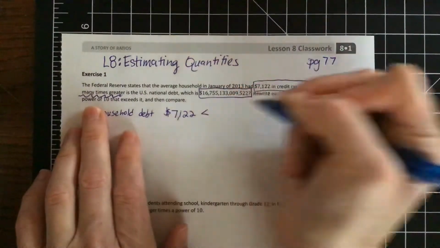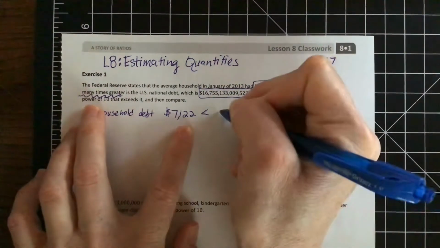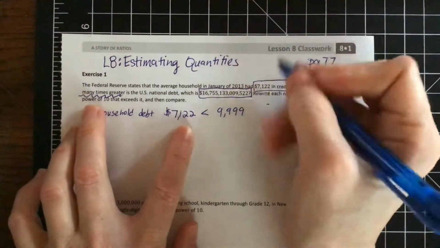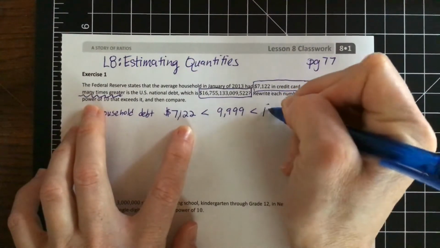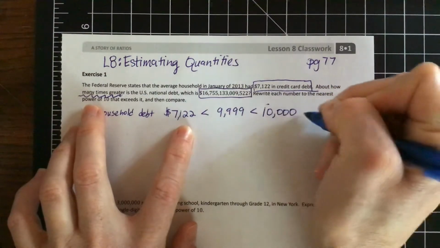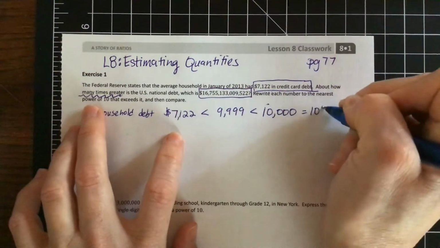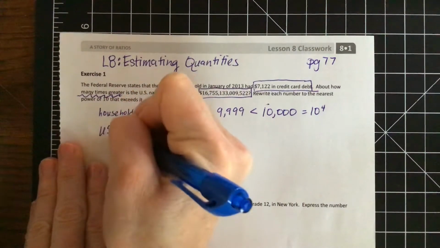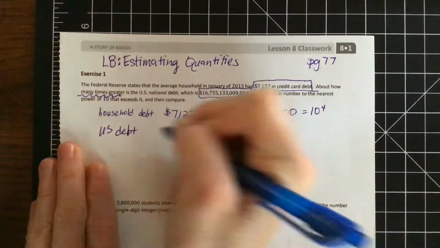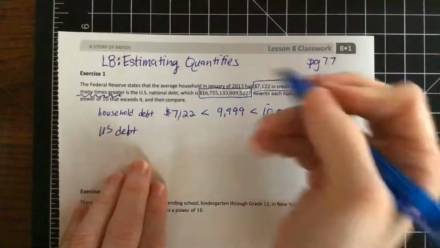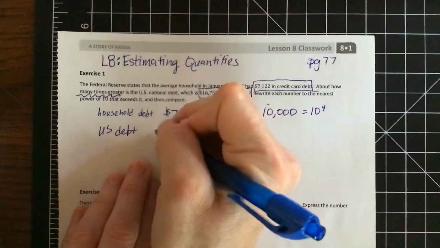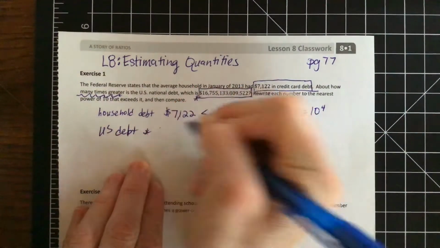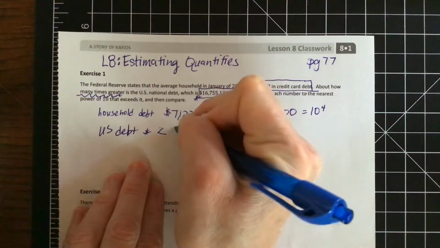So remember that just based on the last lesson, this is less than 9,999, which is less than 10,000, which is 10 to the fourth power. Okay, and then we have the U.S. debt, which is this number here, and I'm going to just put a star here. I'm not going to rewrite it, which is less than